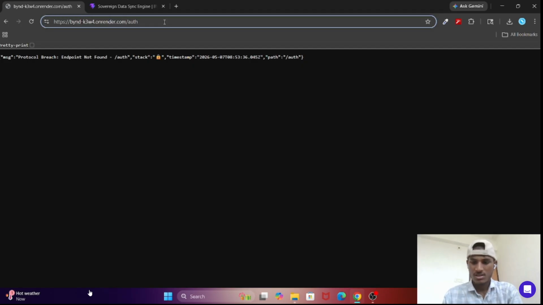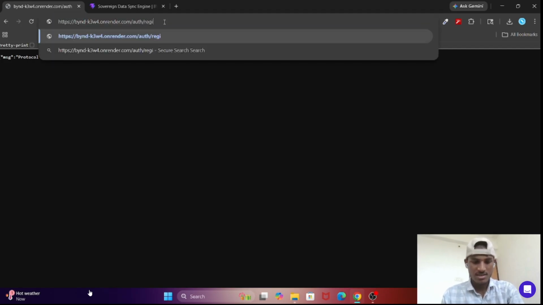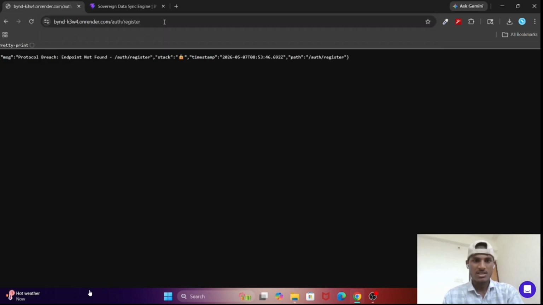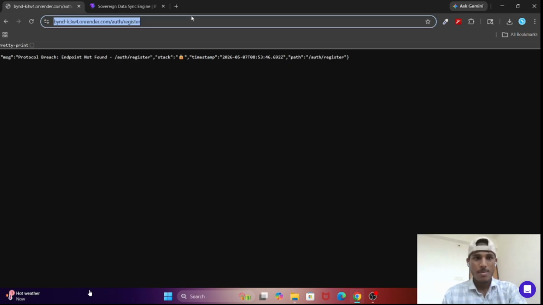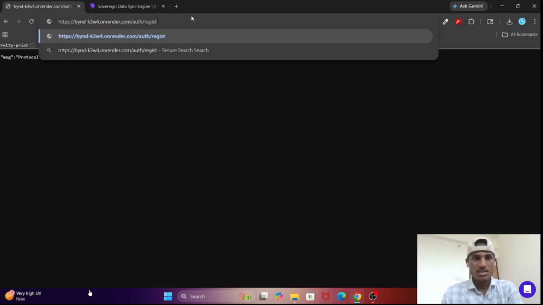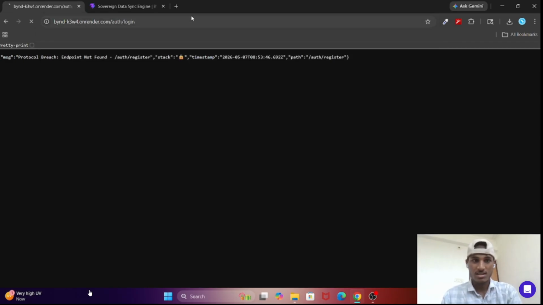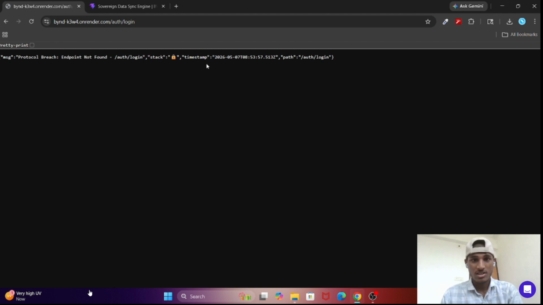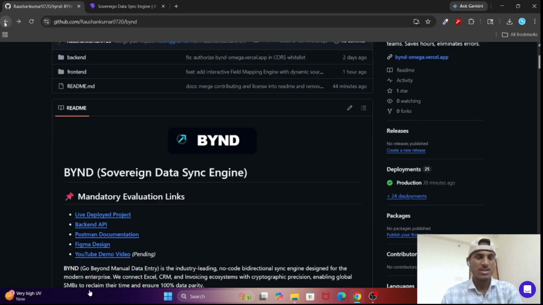Now if you write register here, you will get another message with auth register. And if you change register to login, you will get the data with login, also with a timestamp. So this is fully deployed backend and frontend. I have currently deployed the backend on Render and the frontend on Vercel.